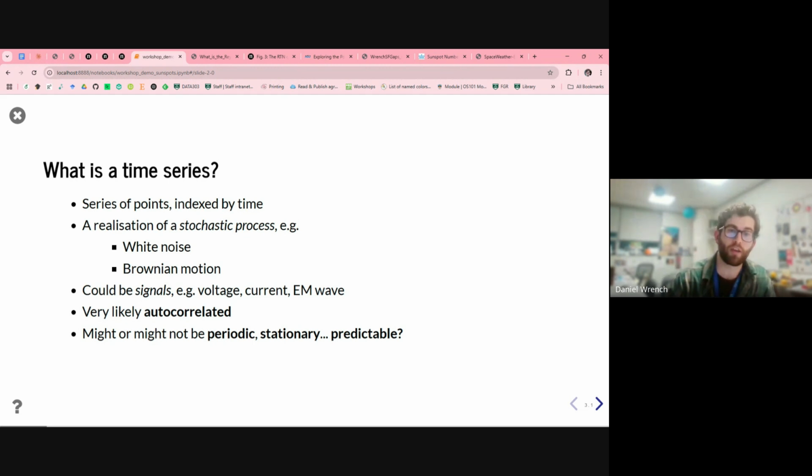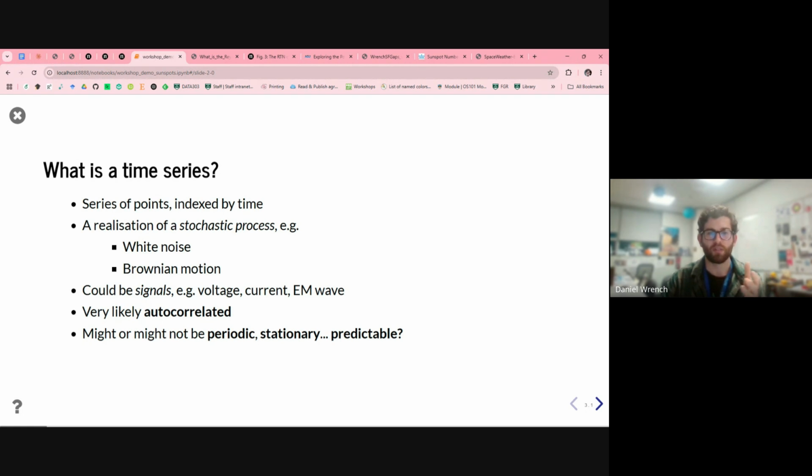And also, language is a time series. Language is a sequential process. If you can represent each word as a vector, it's a multi-dimensional time series, I suppose, in that way. But that also has this autocorrelation process, and large language models are in some way a form of processing time series data of this very specific sort.